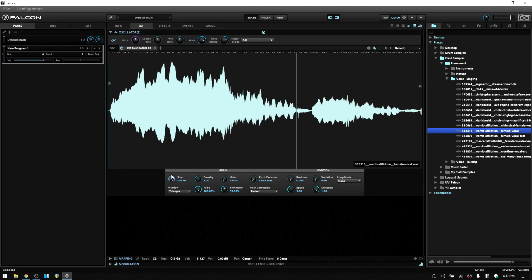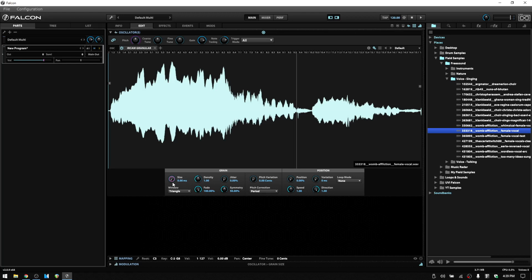Okay, so just know that the size is going to help smooth out your sample if you're going to play it above or below the original pitch. So now the size, as we talked about, is going to determine the size of our grains, and we can choose between 500 milliseconds down to 5 milliseconds. So what the granular synthesis does is cut our audio file into many different grains, and their size is going